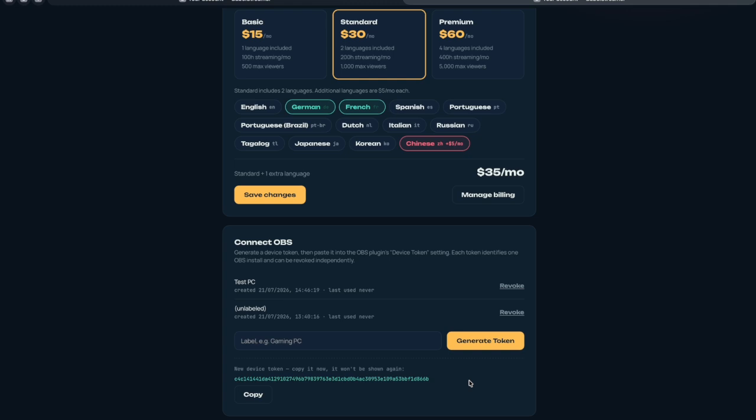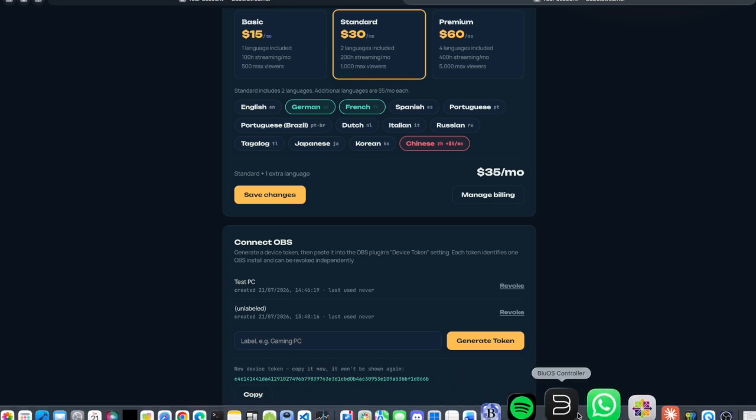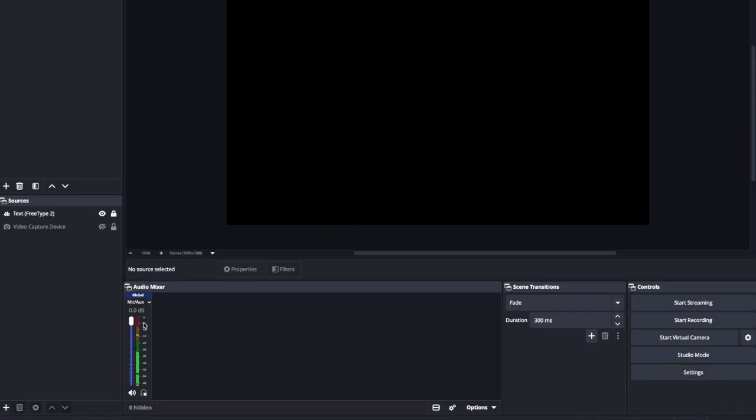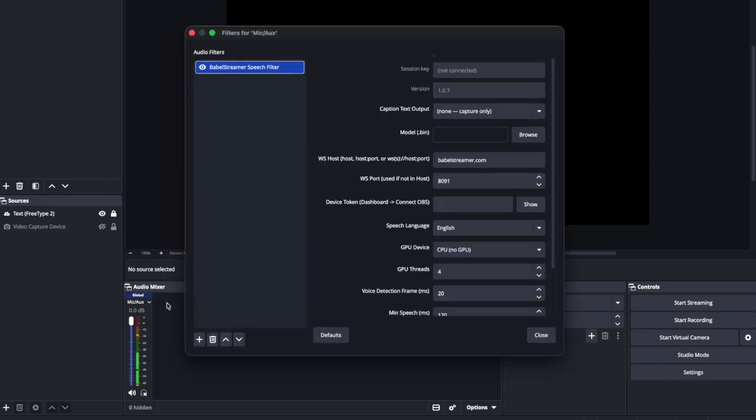These tokens allow you to link your plugin to your account in OBS. Now, if somebody actually gets hold of your token, they can pretend they're you, so you also have a facility to actually revoke the token, which means that token will no longer be valid. So let's just copy this token, and we go back to OBS, and we go back to our plugin,